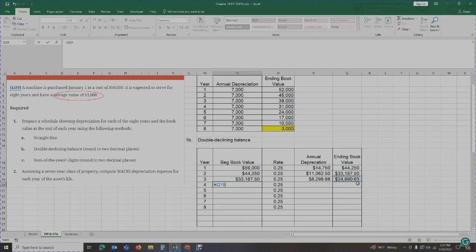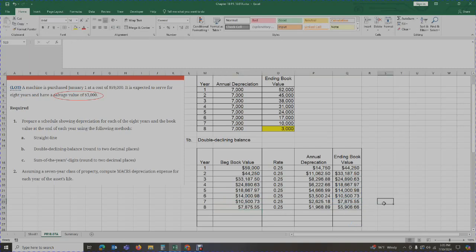I'm going to do that a little bit quick, okay? And I think I can copy the formulas down, okay? So I'm just going to bring those down, and because I am using Excel, we can just copy the formulas and it'll do it for you, okay? So at the end of year number 8, because they're asking you to calculate the depreciation for 8 years,